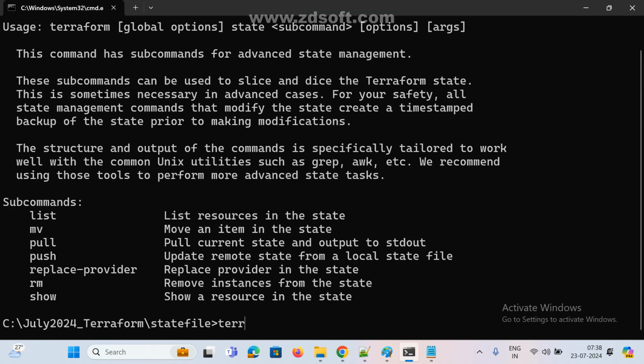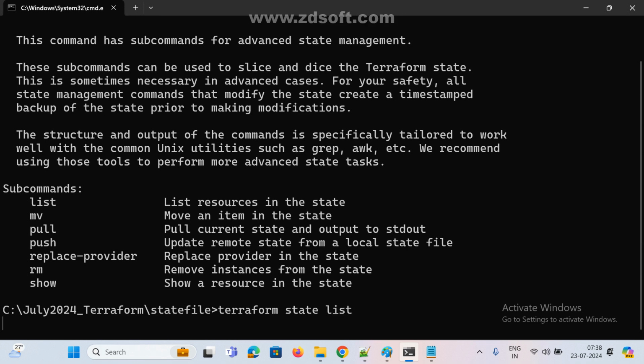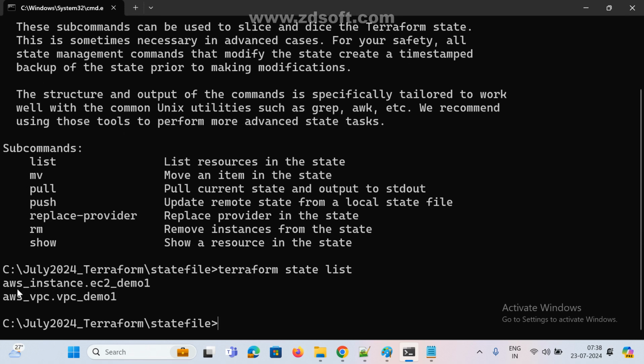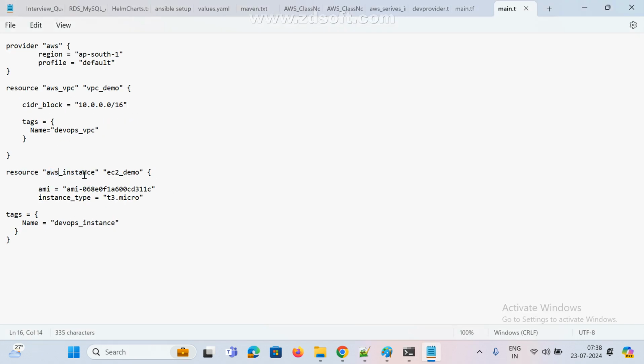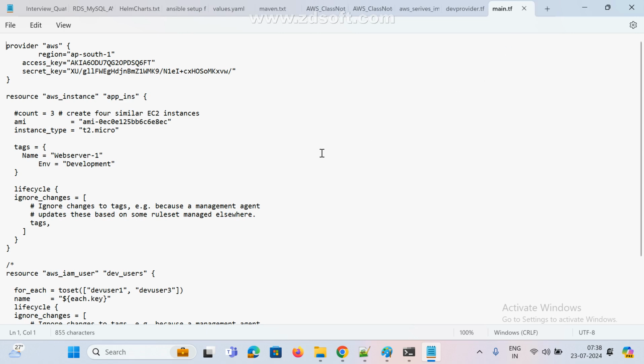Terraform state, I am using state list. Now we can see aws_instance.ec2_demo1 and aws_vpc.ec2_demo. Is it demo1, right? Where is that?